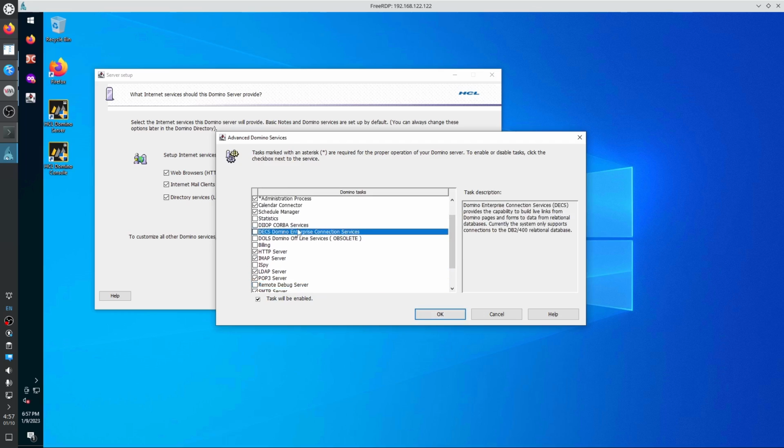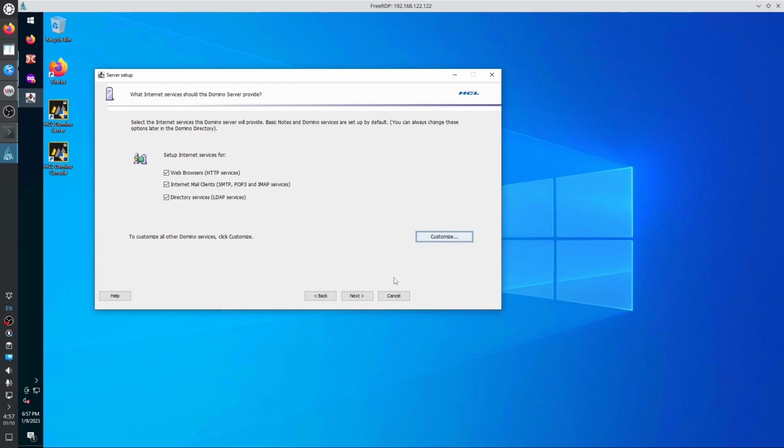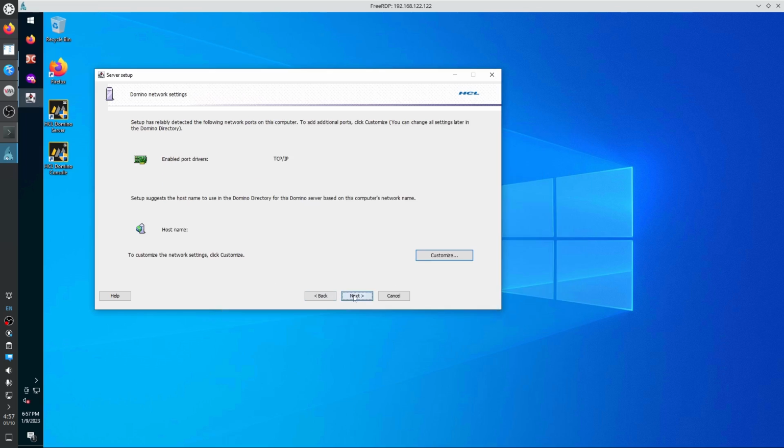Domino enterprise connection services. Okay, so looks okay. Let's close this thing. And the next